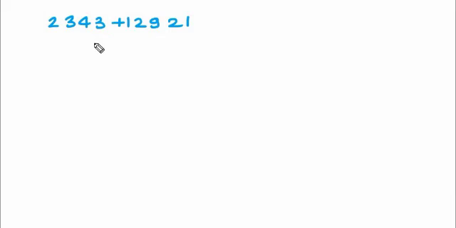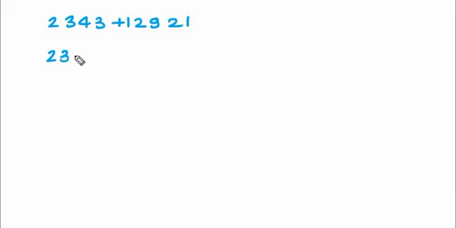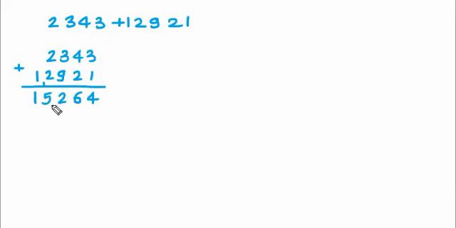Now if I want to add these numbers, what do we do? The important thing is we have to align the digits from the right hand side, which means I have to write it in a vertical fashion. It will be 2343 plus. Now the second number, when I write, I should write the last digit aligned with the last digit of this number. And now we just add digit by digit. And we get the answer